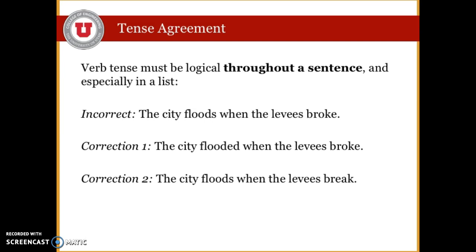And so the way that this is accounted for doesn't make sense because we either need to have the city flooded when the levees broke, so this event happened in the past, it was triggered by something in the past, or it's more of a present tense situation describing something that could happen at any time. The city floods when the levees break. So you just need to make sure that everything is logical in terms of causation and tenses in your